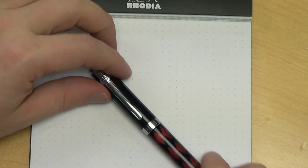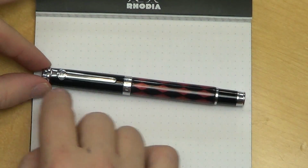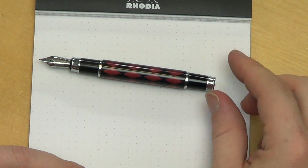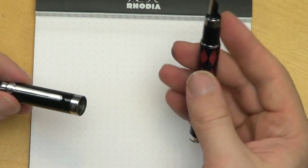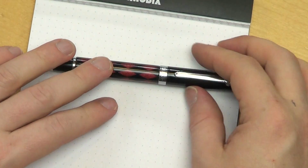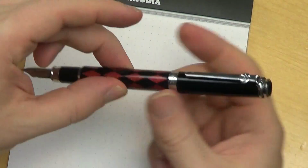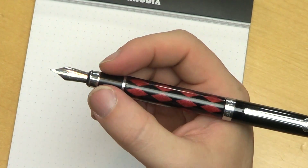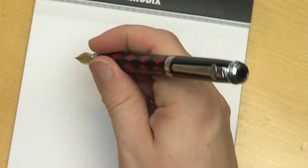So let's go over the specs. Capped, you're looking at 137 millimeters length this way. If you uncap it, it is only 119 millimeters, so it's still usable for me uncapped, which is good. As I mentioned, it can be posted, and it's a fairly long 158 millimeters when it's posted. I find it to be balanced, it'll stay balanced. I find it to be just a little back heavy. It's not too bad, but just a little back heavy and a little long,